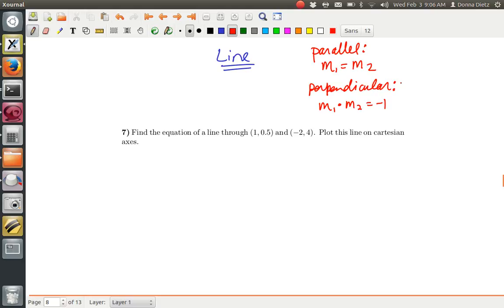Okay, so what does this one say? Find an equation of a line through 2 points. Since they provide 2 points, you first find the slope. So this is x1, y1, x2, y2, and then y2 minus y1 over x2 minus x1, and I'm just going to multiply this by 2